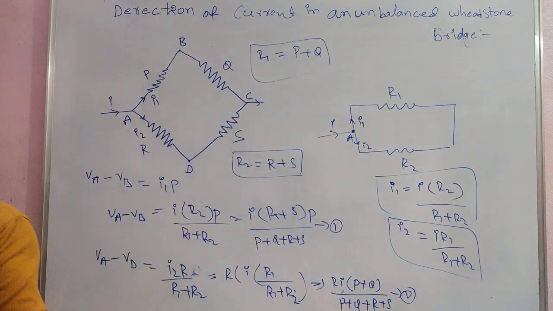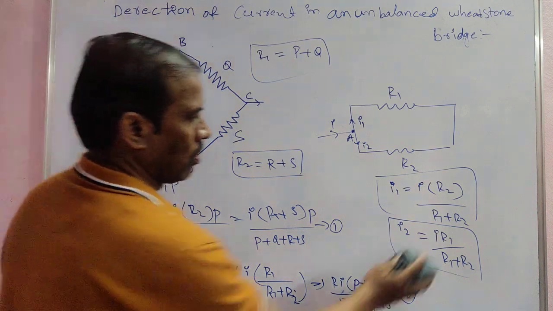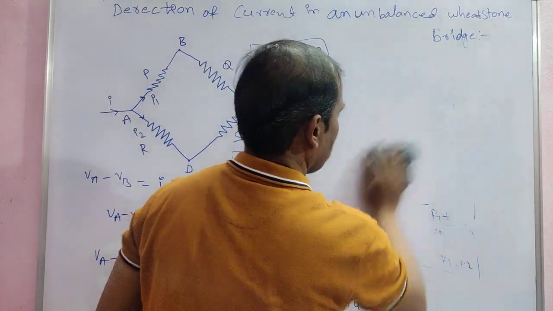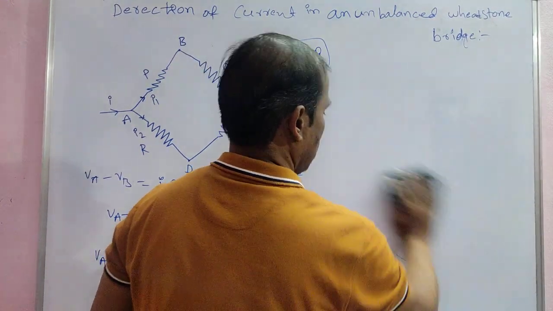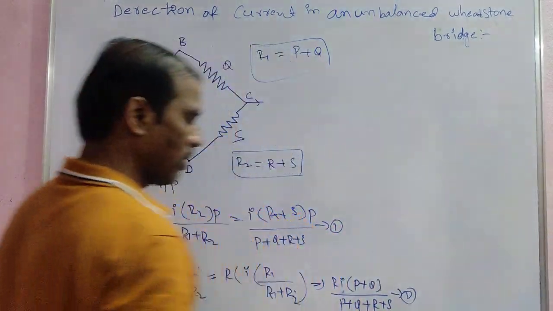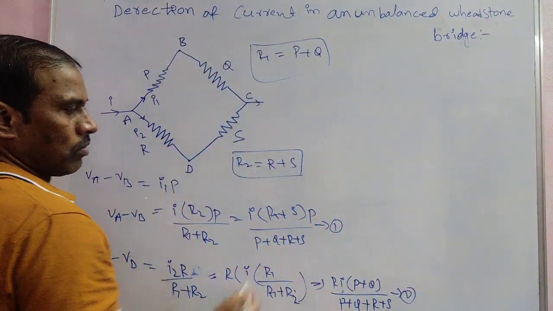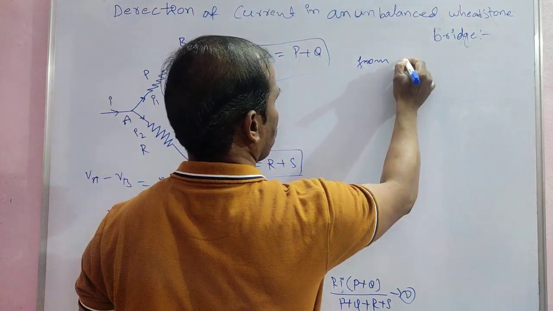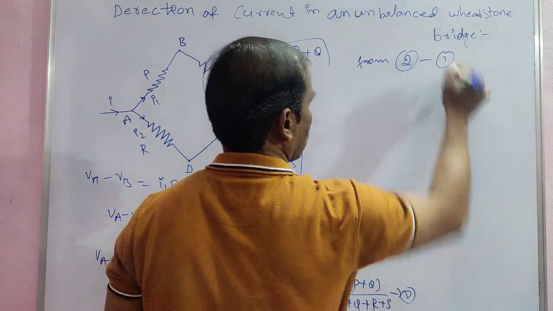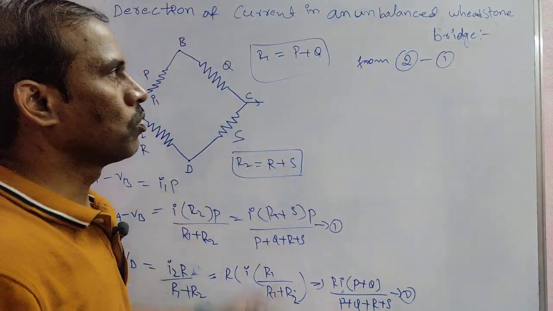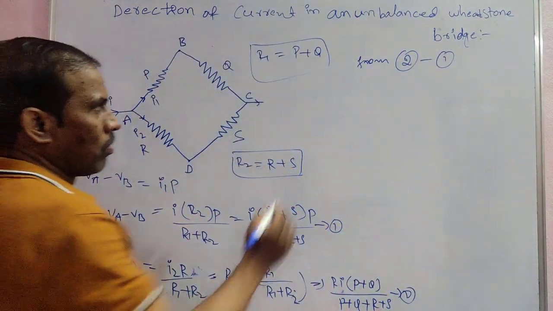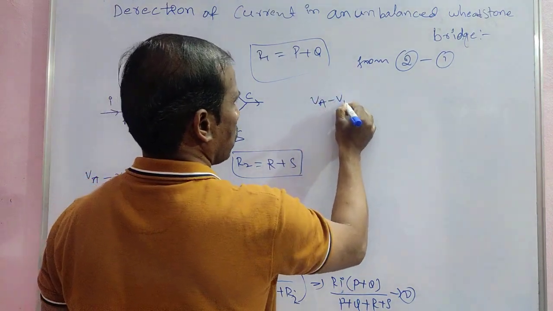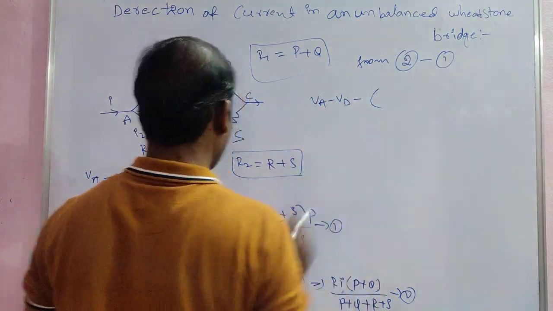Now, equation 2 minus 1. Subtract the second equation from equation 1, from equations 1 and 2. Equation 2 minus 1 here: VA minus VD minus